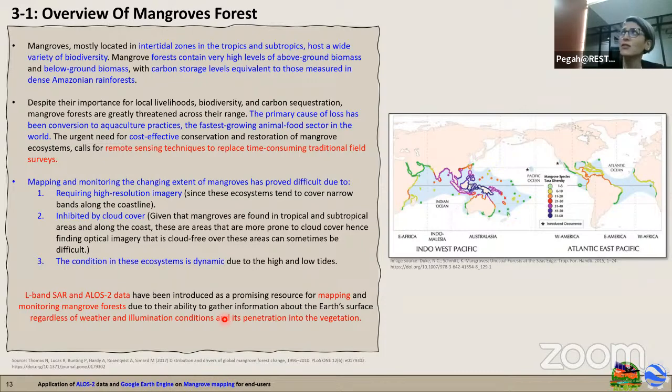Specifically, if you look at the Indonesian coastline, you see how rich this area is in terms of biodiversity. So it is needless to mention how important this is for us as a global community